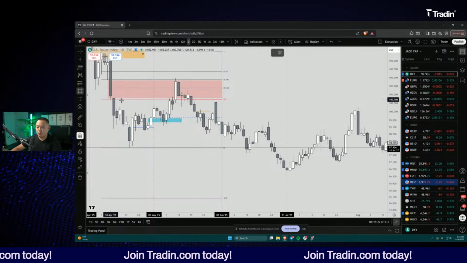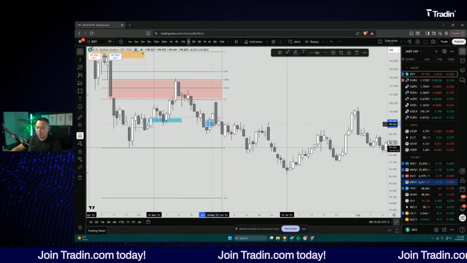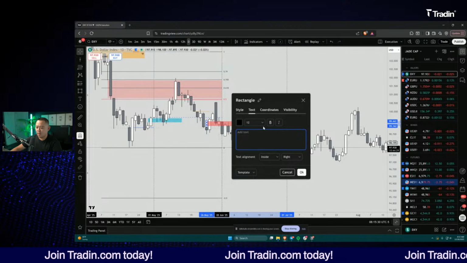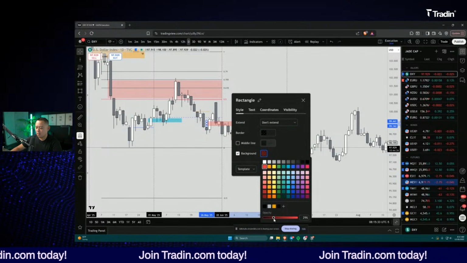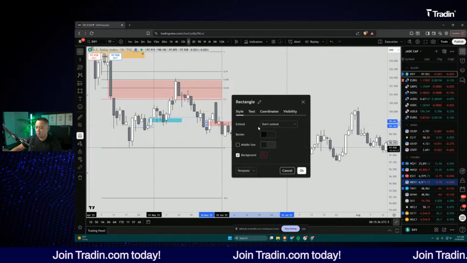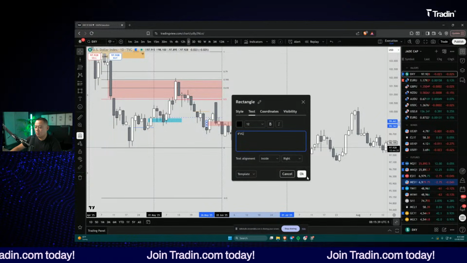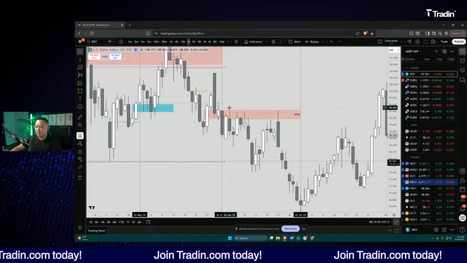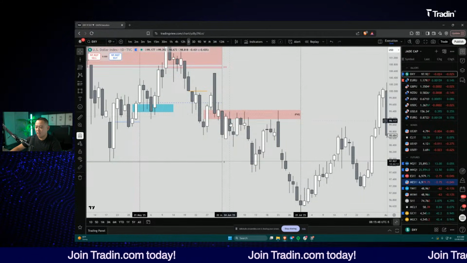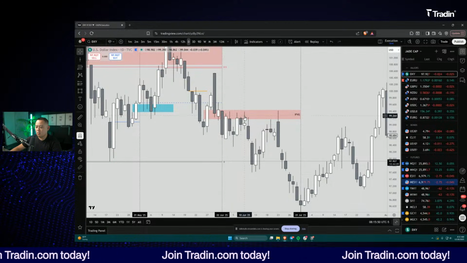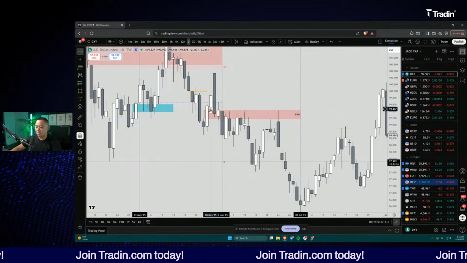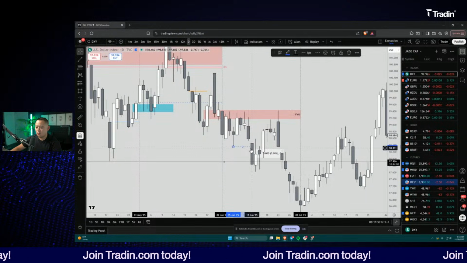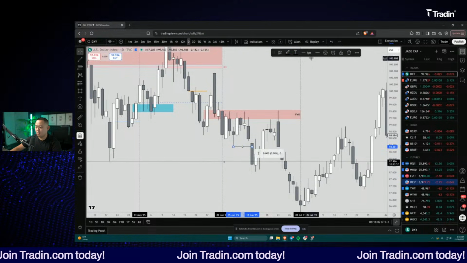All right, what do we see here? I see this fair value gap here that is now an inverted fair value gap. We have this inverted fair value gap that carries over from the previous month. This is where markets can be very tricky. You can see anytime somebody shorted inside of this inverted fair value gap, the market went lower. It was struggling a lot to try and get through this inverted fair value gap. Here we have a market structure shift. We can anticipate that the market is going to remain weak.